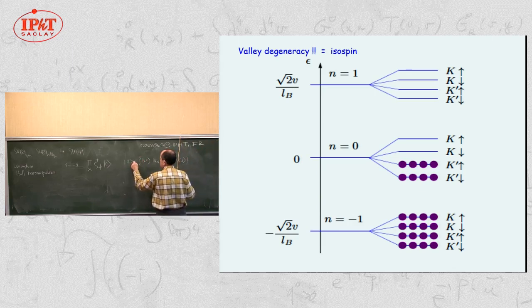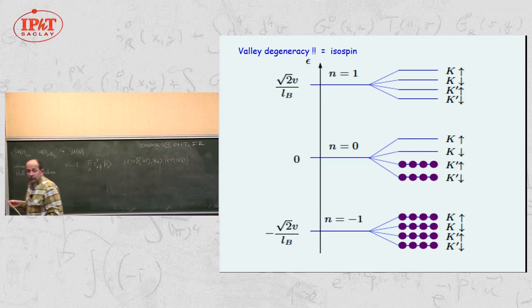So phi is a member of the vector space generated by these 4 basis states. In the approximation in which you have completely exact SU4 symmetry, it may be any vector. But then, of course, the Zeeman effect as well as small anisotropies will select a subset of these and lead to the ordering of this state at filling factor -1.